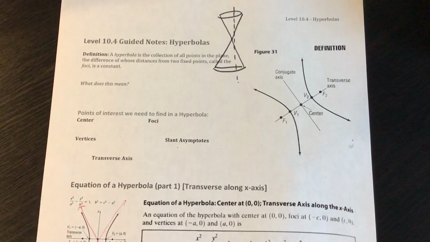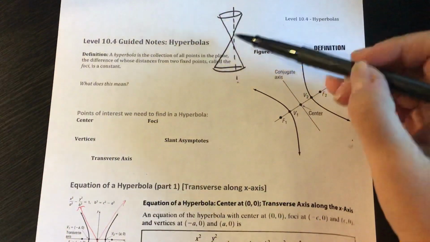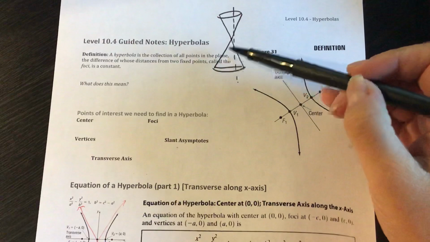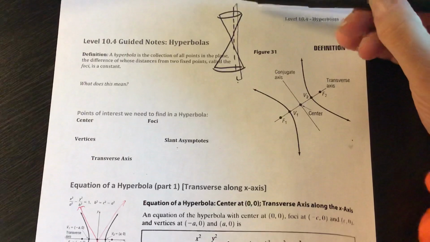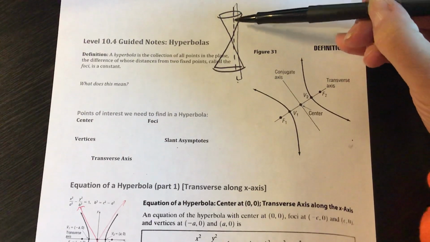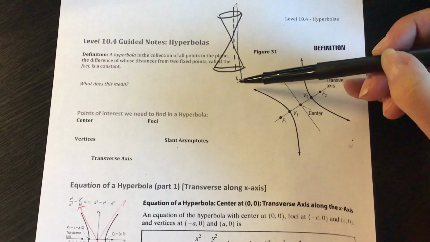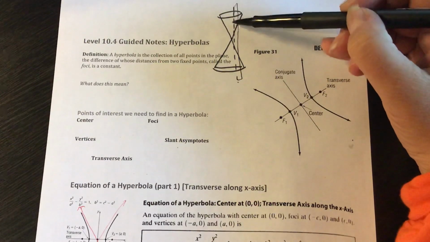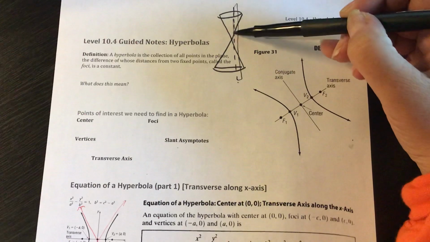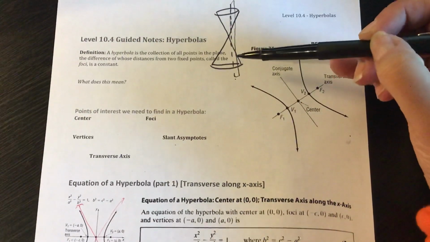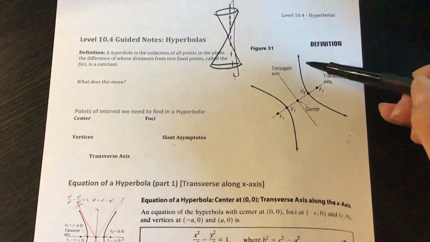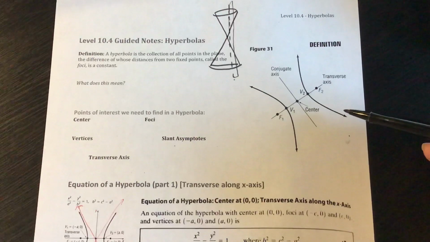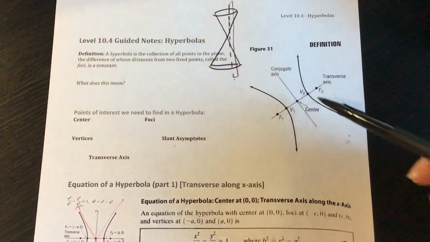So this section is all about hyperbolas. And I drew a picture of our inverted cone where all of our conic sections come from. And if I were to take a plane and slice a cone in a way that it goes through two of the cones, the shape that would end up would basically be two parabolas. One parabola would come from this cone on top, and another parabola would come from the cone on the bottom. And the two parabolas together